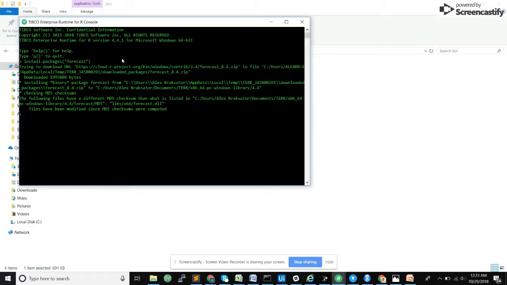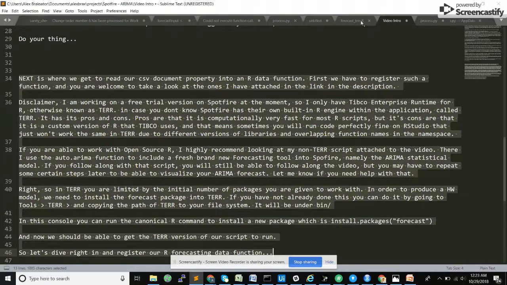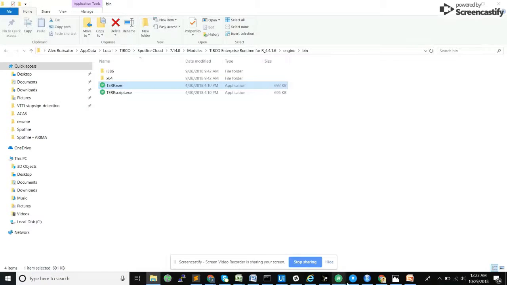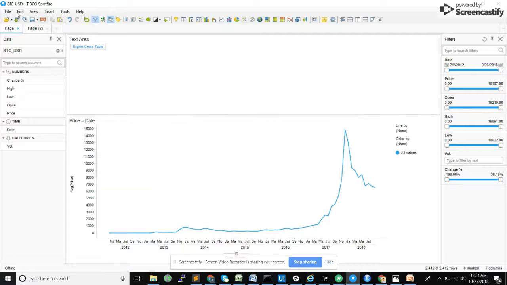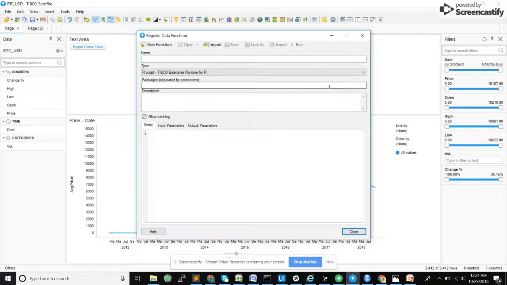And now we should be able to get the TER version of our R script to run. So I'm going to go ahead and copy and paste that real quick. Where's my Sublime Text? We can here. Come back to Spotfire. Now we're going to go to Edit, Data Function Properties, and we're going to register a new function. So we're going to call this Forecast. And TIBCO Enterprise Runtime for R is my only option, but once again, you can use